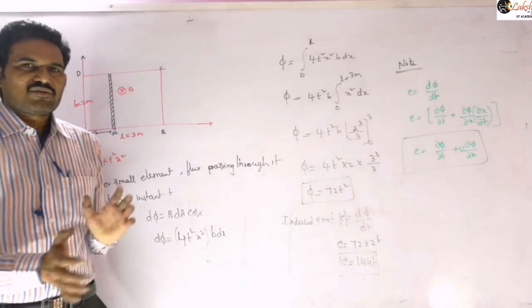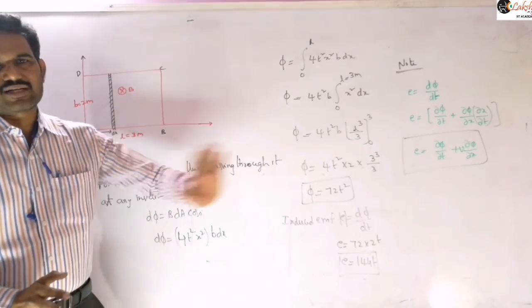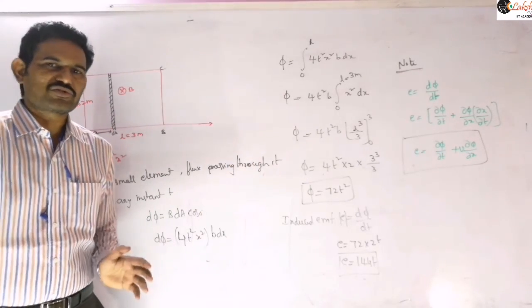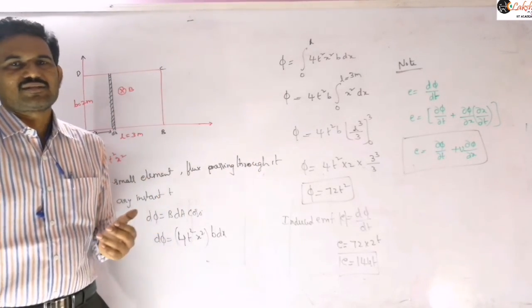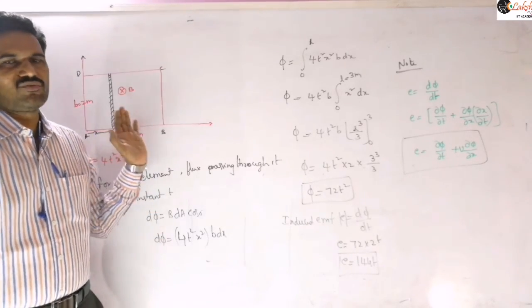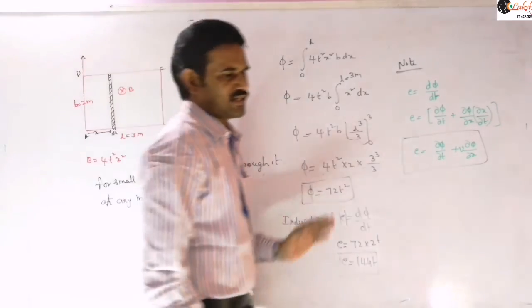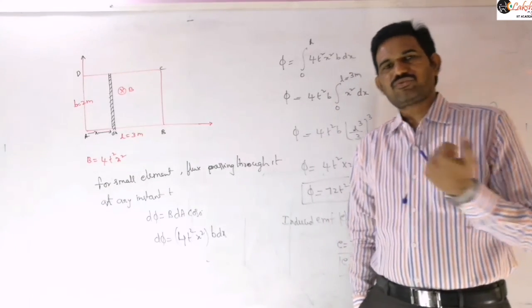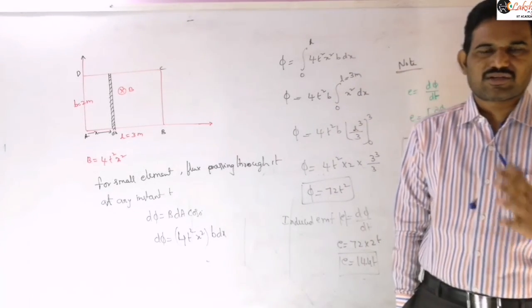So in motional EMF, until now we discussed only the translatory motion. Rotatory motion is also there, that I will explain in the next class. So for this weekend the syllabus will be only motional EMF, only up to the translational motion, EMF due to the translational motion of the conductors only, right? Thank you.